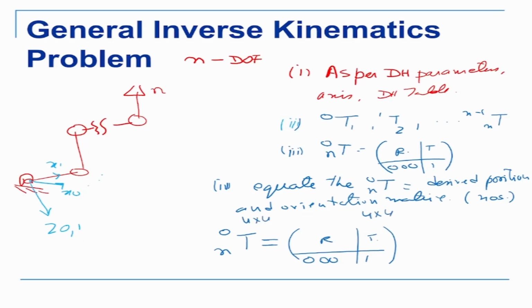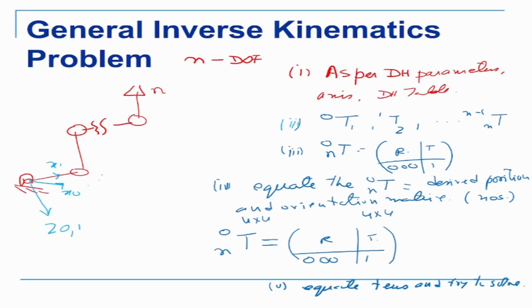So we equate term to term and try to solve. For the Puma robot, we'll essentially follow these steps, which are the general way an inverse kinematics problem is solved. We form the DH table, then make the final matrix relating the end effector position and orientation, then equate that matrix to the desired position and orientation matrix, which would be numbers, of course. Then we try and solve one by one.